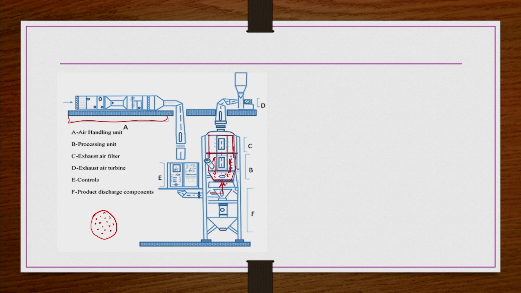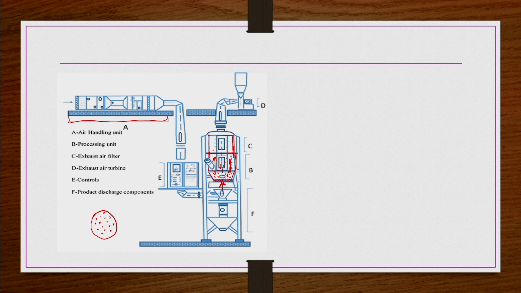So after that, if you increase the velocity further, particles start getting into the fluidized condition. They start floating, that fluidized condition will prevail, and then particles will move up like this, right? So they will be spread. Initially, when the bed is there, the porosity or the void space between the particles is very small, voidage is small. Now when the air comes in, that lifts the particles gradually. As the velocity of the air or the fluidizing medium increases, the particles are being lifted, so the space between the particles increases,